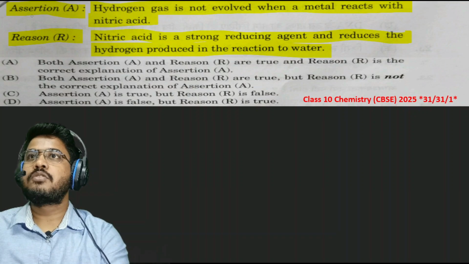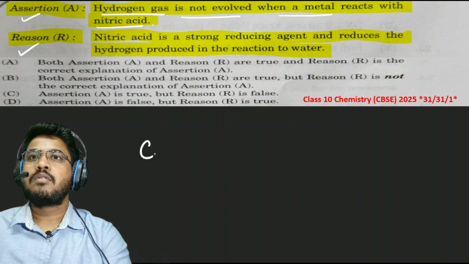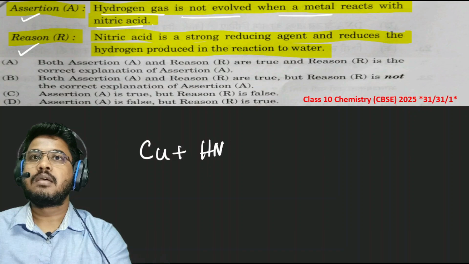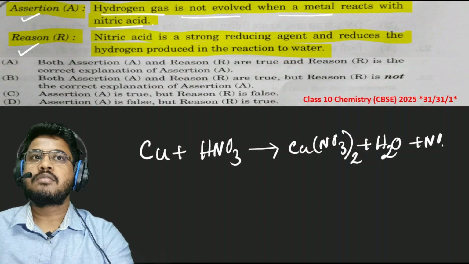Let's discuss this question, assertion and reason. Assertion says hydrogen gas is not evolved when a metal reacts with nitric acid. So now let's understand this with an example. For example, copper plus nitric acid forms copper nitrate plus water plus nitrogen dioxide. So after balancing,